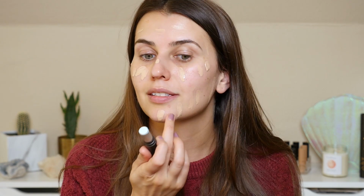I forgot that I was gonna color correct, so I'm gonna do that super quickly. This is gonna be beautiful. I'm gonna use the color correctors from Au Naturel. I'm using Sweet Basil just right here on this little guy, which is actually a dry spot. Put it by my nose. And then I'm going to use a mix of flax and peach underneath my eyes. So I'm just putting flax right where my eyes need the most brightness, and then I'm going to do peach